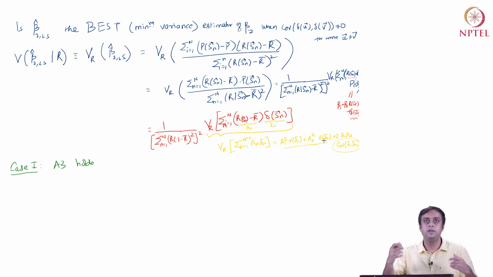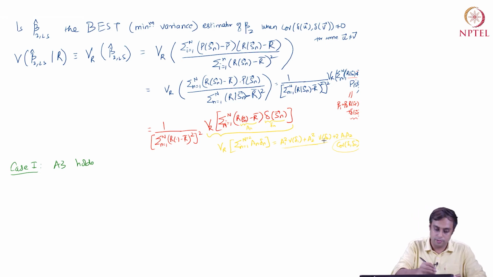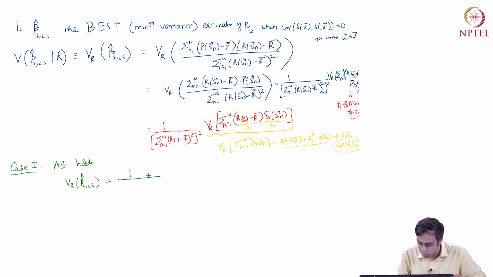So all I'm going to remain with is the term with the variance, and standing outside is the coefficient vector, which is squared. So I'm going to use this to write down the variance of beta 2 hat LS when A3 holds. So when A3 holds, the conditional variance of beta 2 hat LS is going to be 1 over summation n equals 1 to capital N (r minus r bar) the whole squared, and the whole thing squared, times summation,